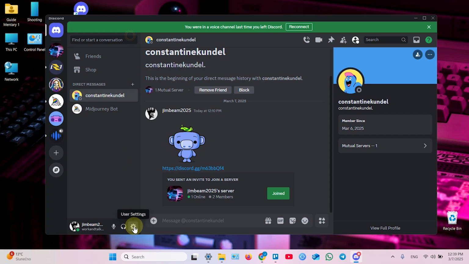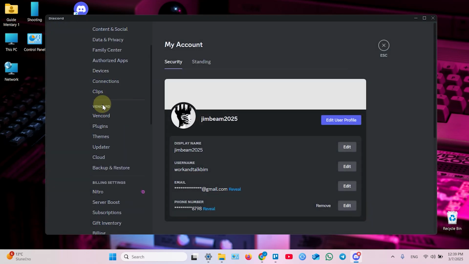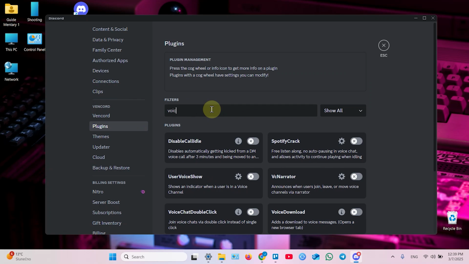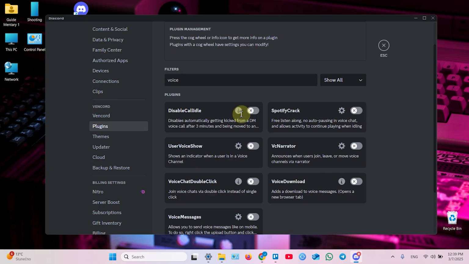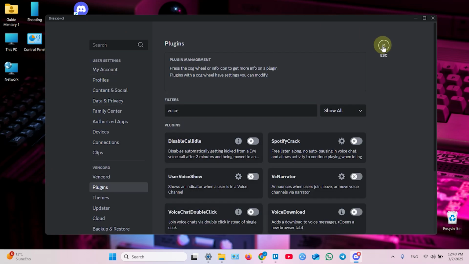and go to Settings, this gear icon next to your profile, and scroll down to the Wancord section. Go to Plugins, type in Voice in the search bar and find Voice Messages. Enable this feature. Now let's close Settings